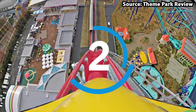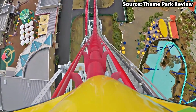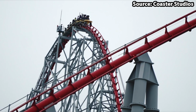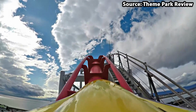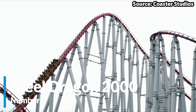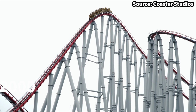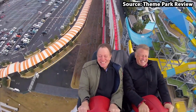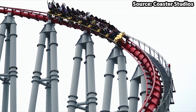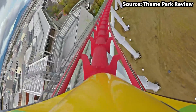You can't have a world-class theme park without a long ride, and Nagashima Spa Land is no exception. As for our number 2 spot, we have Steel Dragon 2000, the world's longest roller coaster. Yet by no means does that mean it lacks the thrills at all. If anything, it makes it better, with throughout its